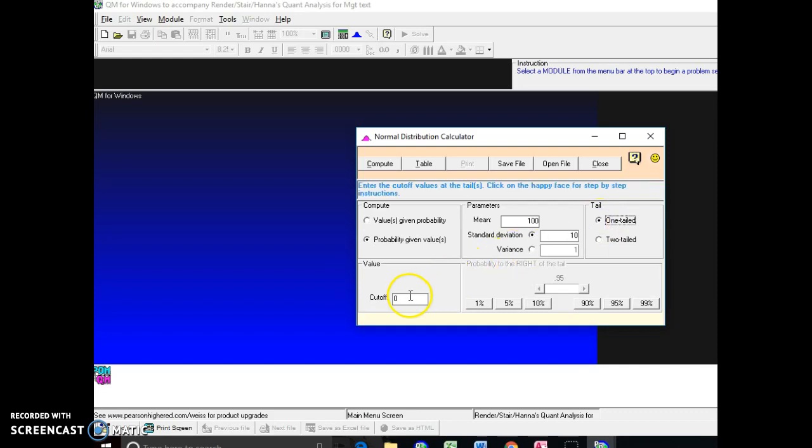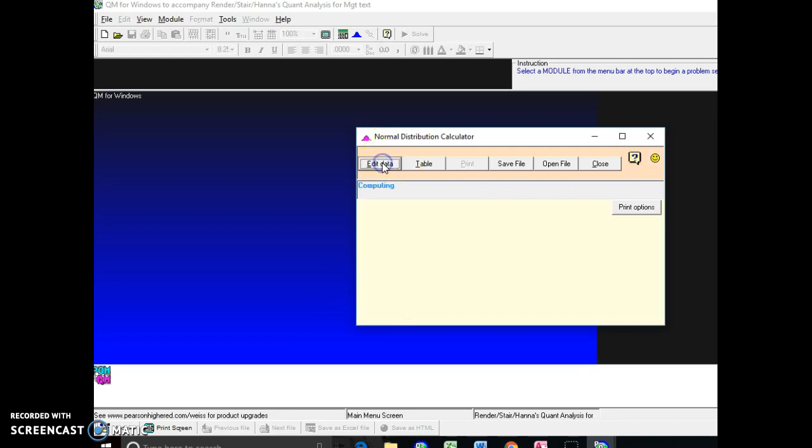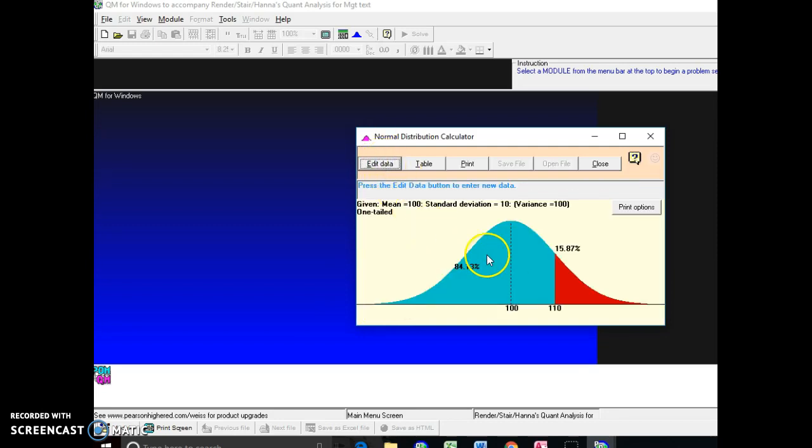And we want to know what is the probability that with a mean of 100 and a standard deviation of 10, that we'll be able to finish this apartment, assuming we're building apartments, in 110 days. So our cutoff is 110, and I click compute. And you can see that there's an 84.13% chance that we can do it in 110 days or less,